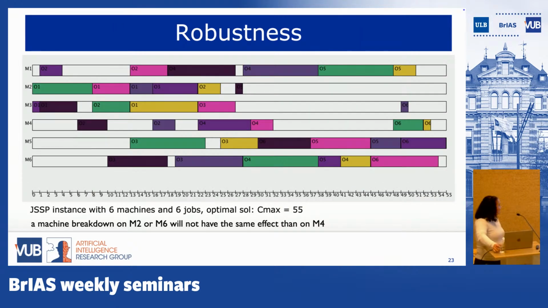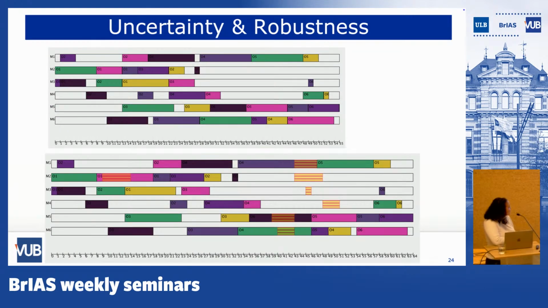So this is a typical solution for one of the instances of the operation research library. Here we have 6 machines and 6 jobs, and here we are showing the optimal solution. So it's showing 55 time units. But here we can see that in order to come up with the approach we propose, we were checking how critical the machines are. So for example, let's say that we are simulating, and we also did some experiments by